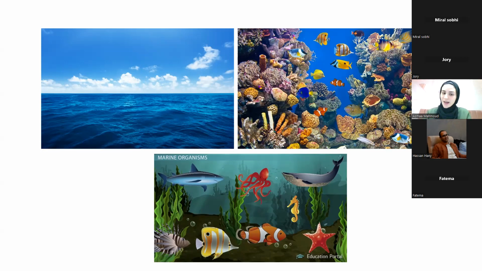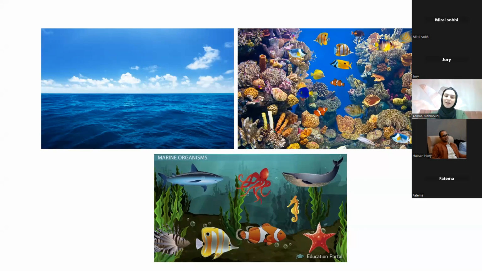Super. So we said that some living organisms live in the sea, like the octopus, the starfish, the fish, the shark. All of these are living organisms that live in the sea. But first of all, do you know what is the meaning of living organisms? Okay, let me tell you. Living organisms are the things that can breathe, eat, grow up, and give birth. So living organisms are the things that can live. It's not dead things, but living things.